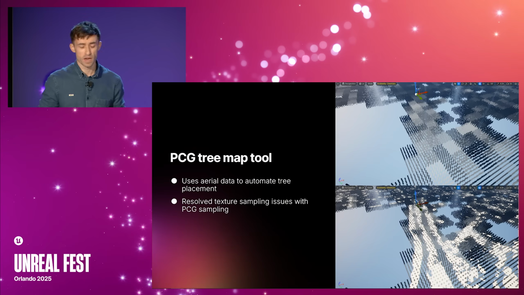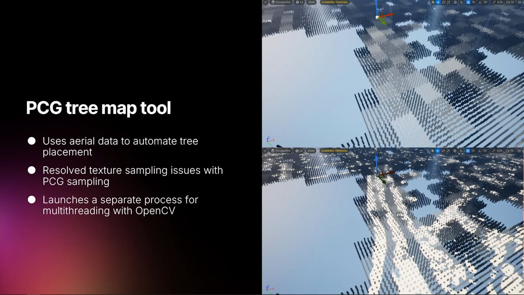This is very problematic for us because we need to be able to specify, on very large maps, where trees can go down to the foot, because we don't want a tree to spawn in the middle of a road, for instance. So instead of trying to mess around with PCG, which we probably could have done, we decided it was a bit more efficient and gave us a lot more control to spawn a separate Python process using OpenCV. This is something that we spawn in from Unreal, which I'll show in a moment, but